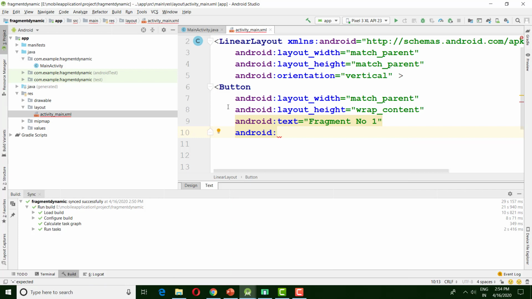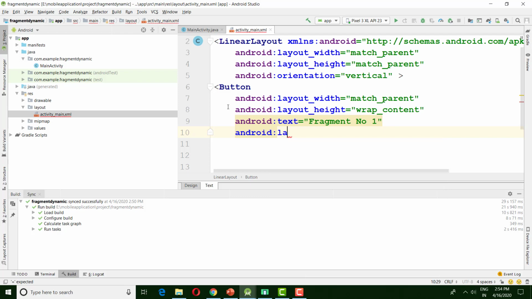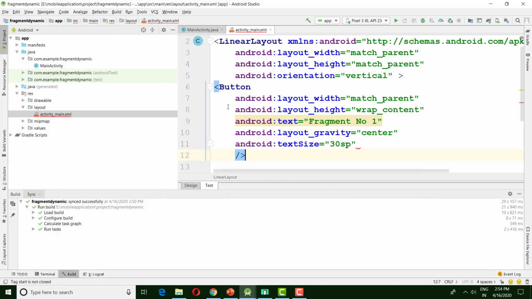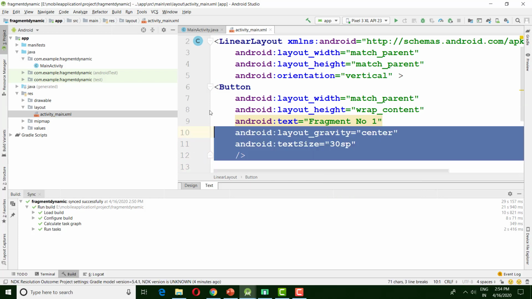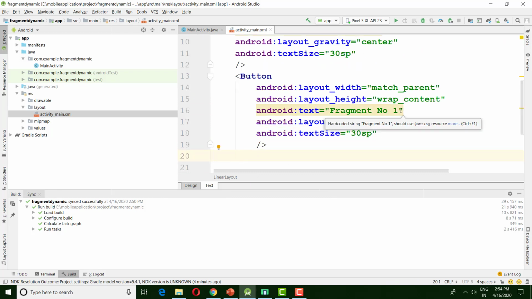android set gravity, layout gravity center, android text size bold, it is 30 sp. Now close this button, define another button, that is fragment 2, fragment number 2, close this,